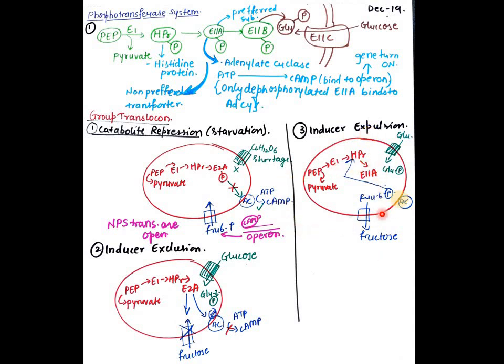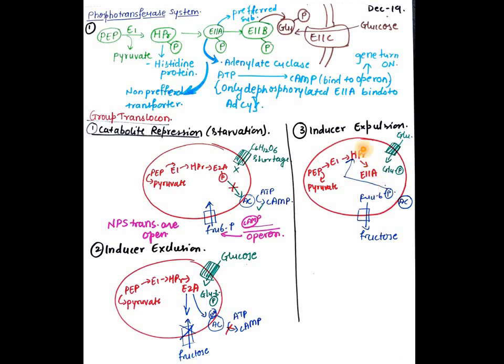Now, there was a starvation state going on previously, and the cell had adapted to fructose, and it was taking in the fructose, which was converted to fructose 6-phosphate. But now suddenly the cell senses that there is glucose in the environment back, which is the simplest form of sugar. How will it go back to this normal state? So it's done by this HPr, which is histidine protein, that will steal the phosphate group from fructose 6-phosphate. Now, fructose 6-phosphate is again converted to fructose. It will be sent back via the